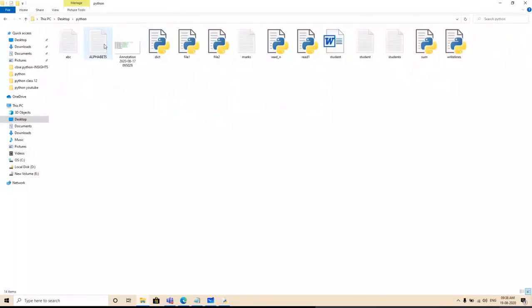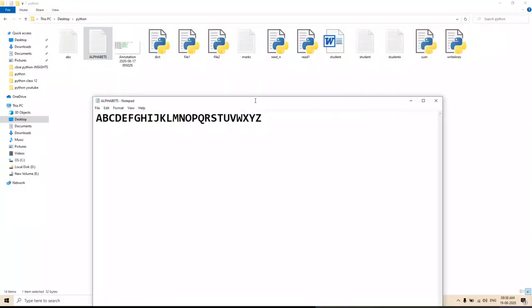Alphabets.txt. This also consists of this. Let me just remove it. Now my cursor is not going afterwards. I'm just pressing the up down arrow key, and it is not going after it. Fine. So do remember, if you leave the spaces, then the file will have space. Let me remove all the spaces from this file, and now I am not able to go after Z. Fine. Let me save it.